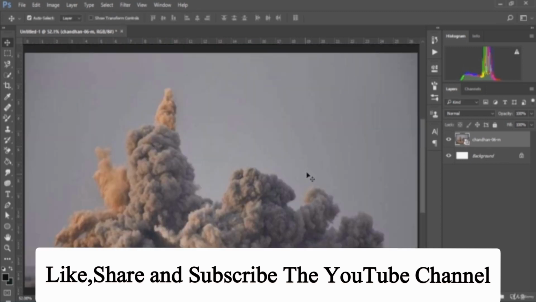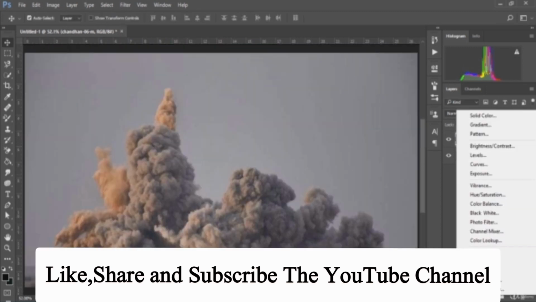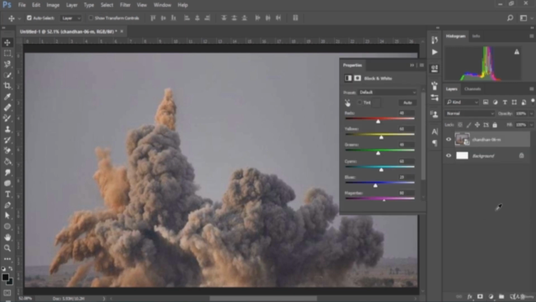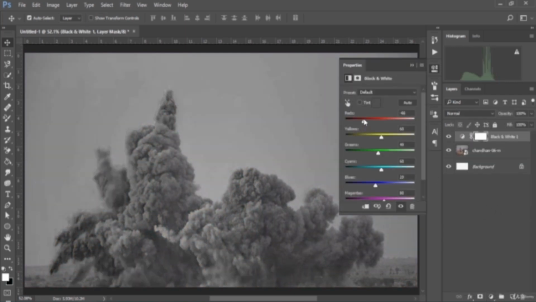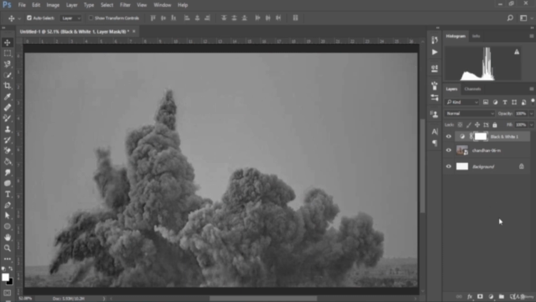Then we can make that particular image black and white. Keep the radius value just above 50, minus 50. Then import the next image. Go to File and Place Embedded. Then choose